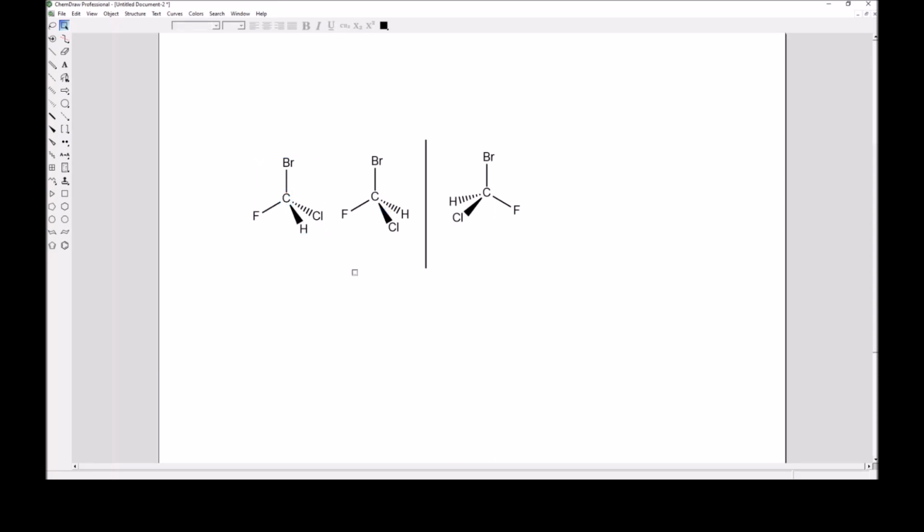These 2 compounds right here are not the same. They are different. They are stereoisomers of each other. The classic example of stereoisomers are your left hand and your right hand. So if you stop for a minute and just put your 2 hands, spread out your fingers and your thumbs,